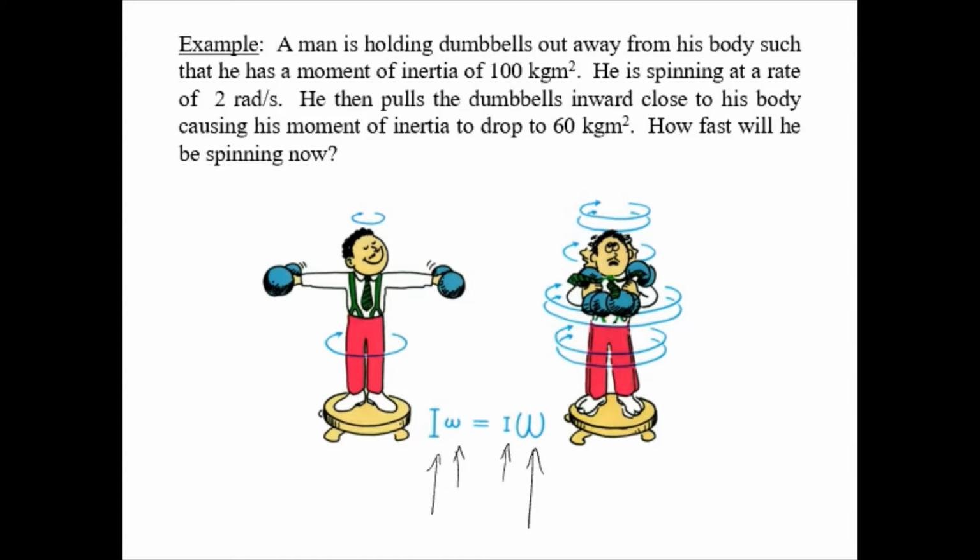At the beginning, he has a fairly large rotational inertia and a fairly small angular velocity. But when he reduces his rotational inertia by pulling the weights in, then in order for these things to multiply and give the same answer, omega will naturally have to increase. So he will start spinning faster. He doesn't have to use his feet or anything like that. It will naturally happen because of this law of conservation of angular momentum. So, finishing up the problem,